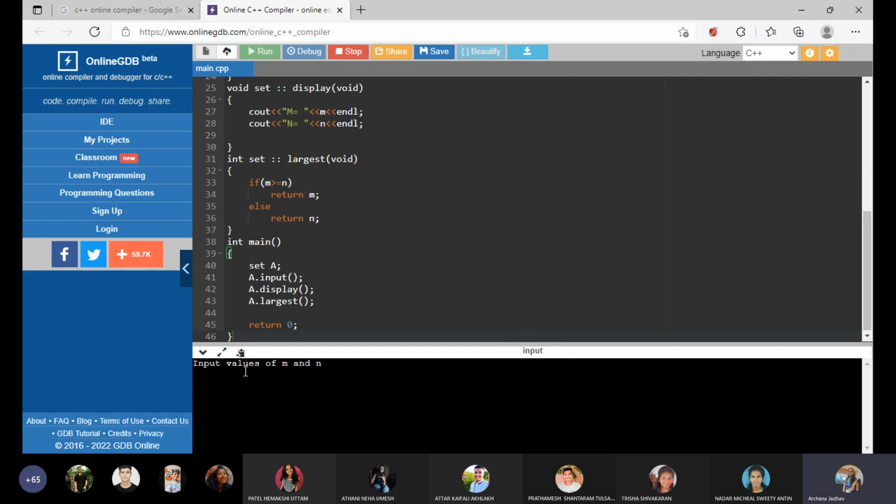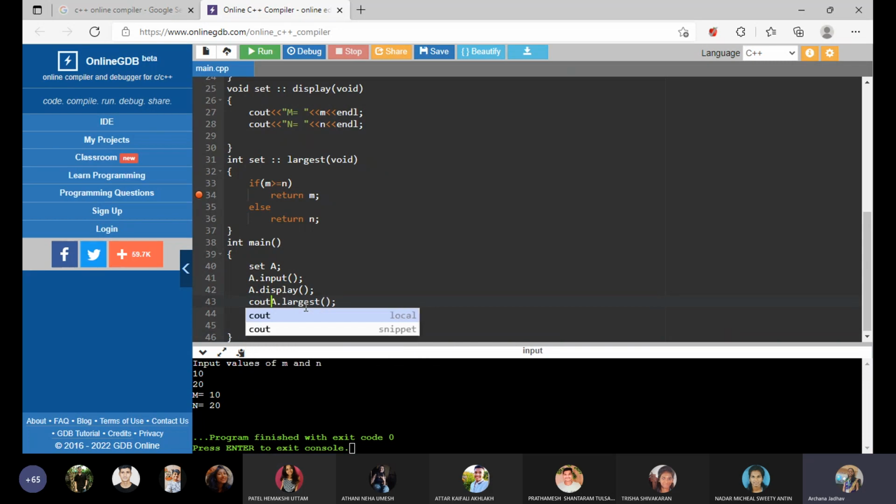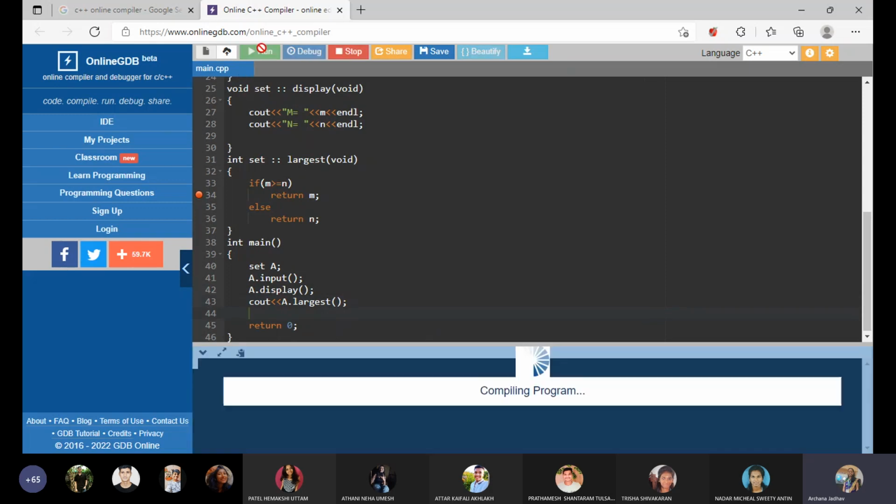It is asking me to input values of m and n. Suppose now I am giving values as 10 and 20. So it will print m is equal to 10 and n is equal to 20. But is your largest value getting printed? No, because here we are returning that value, but we are not printing it. So what you need to do here, you have to write cout a dot largest. This way also you can do it. Now if I execute this,